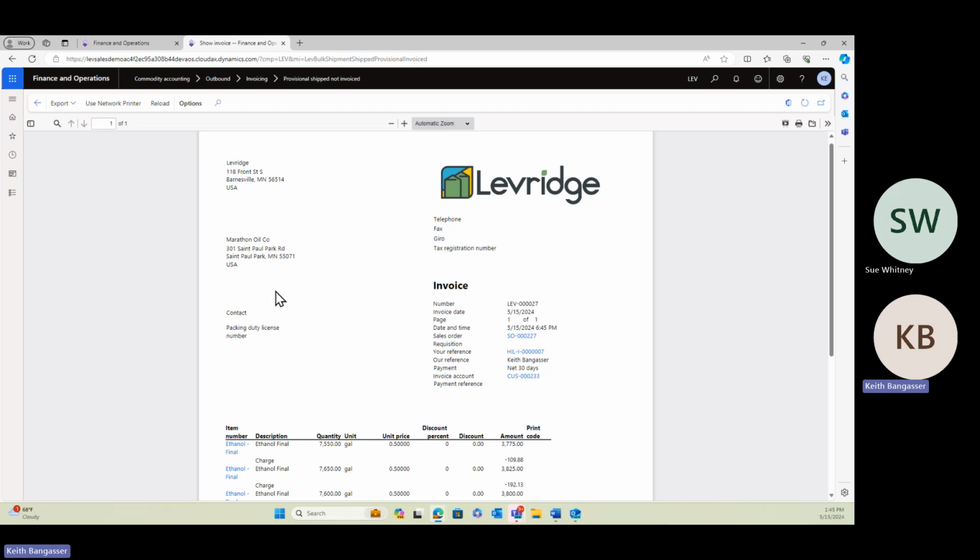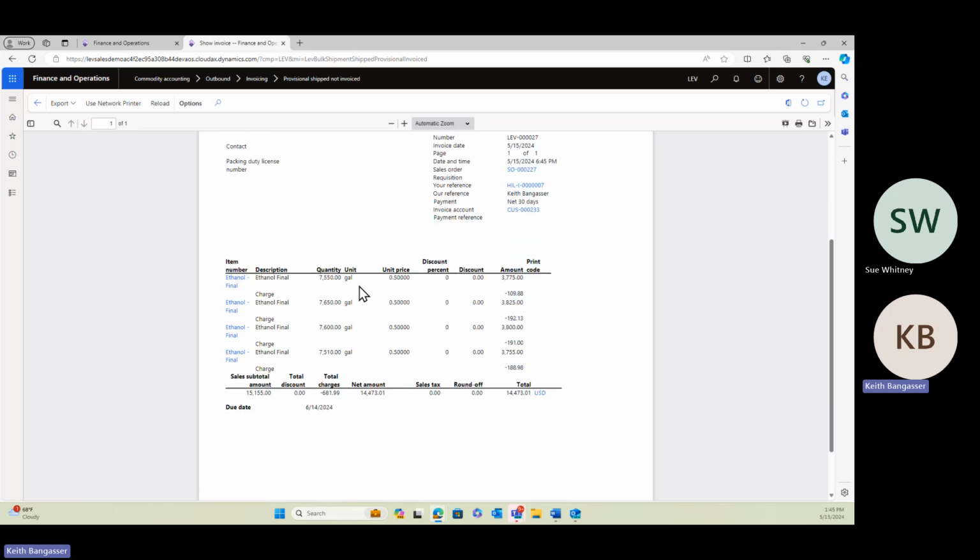And now we can see that we have a 50-cent invoice, which is the difference between the $1.50 final price and the dollar that we provisionally priced. So we got 50 cents on each of those scale tickets. We have a charge on each one that's calculated accordingly. With a net sales invoice now, they owe us an additional